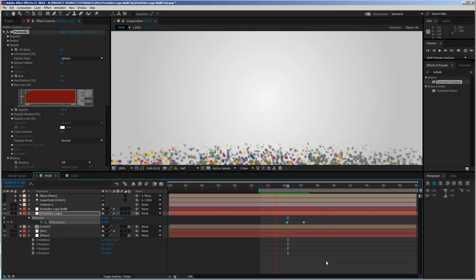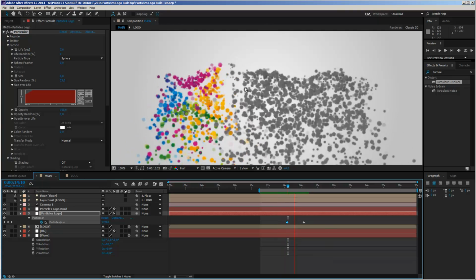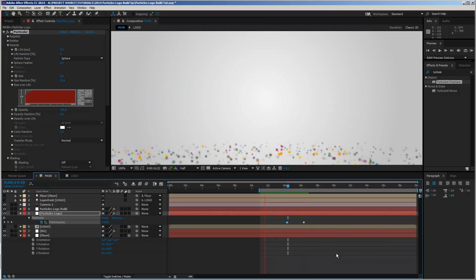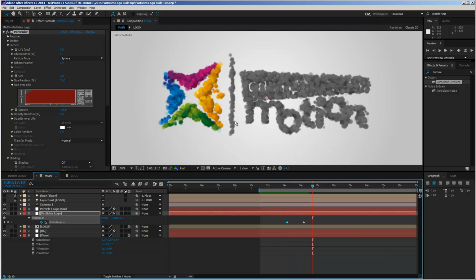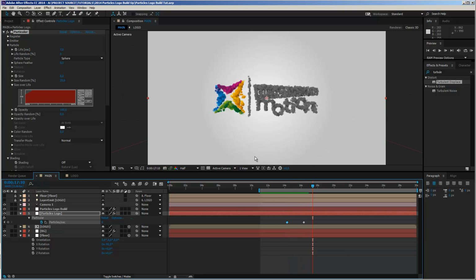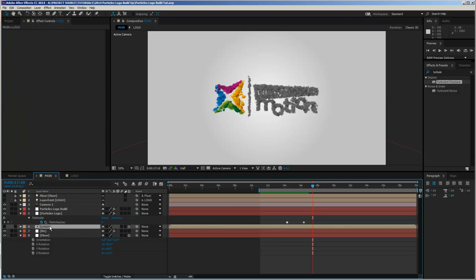And I think now these just blend a little bit better. You see that it's a little bit more organic looking. And I think this is pretty cool. Okay, so far so good. What we are going to do now is we create a very quick reveal. And this is pretty simple.